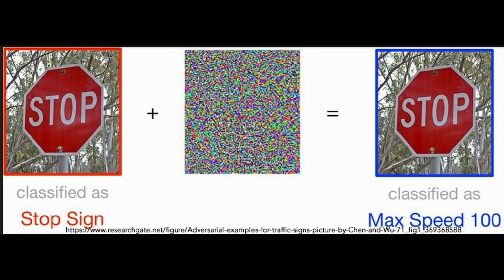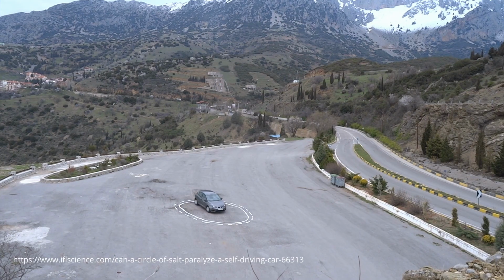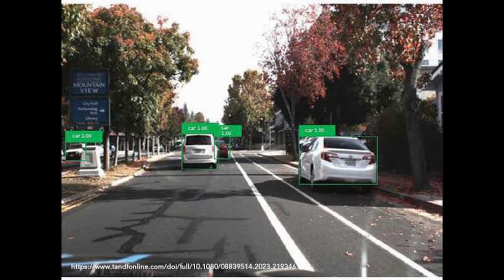Other examples for autonomous vehicles include putting salt on the road or putting strange objects by the side of the road so that the vehicles don't recognize lane markers. They don't recognize whether it's a pedestrian or a bush on the side of the road. These are examples of adversarial attacks. You're basically putting some kind of false image into the frame in a specific way that the vehicle can't recognize.